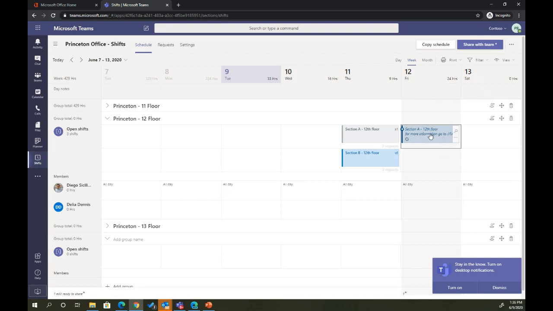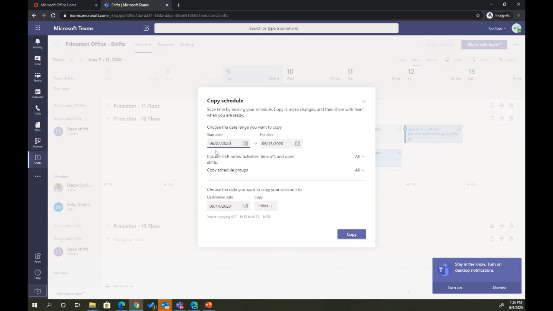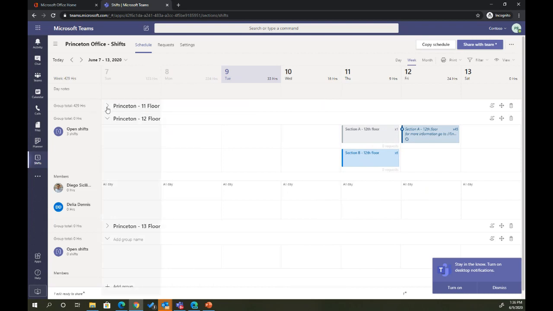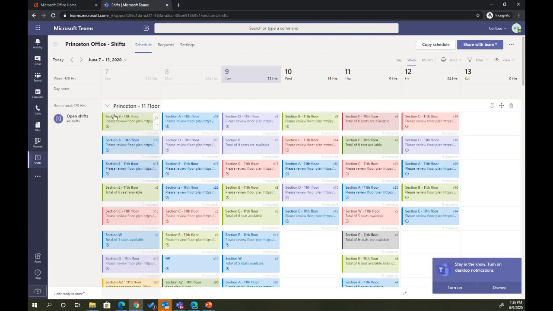I can just take this shift and paste it vertically and edit it, or I can copy it from a particular range to another range. Once I click this button copy, it's going to copy it. So if, for example, let's go back to the 11th floor. As you can see, I made multiple shifts here for different sections. And as you notice where my mouse is, it says that floor on section A has 30 people, section E has